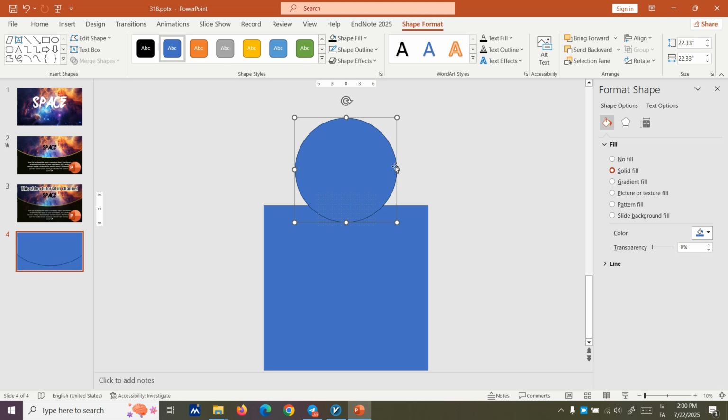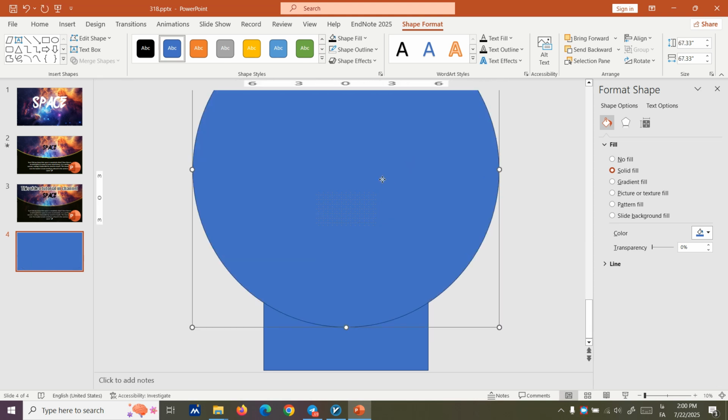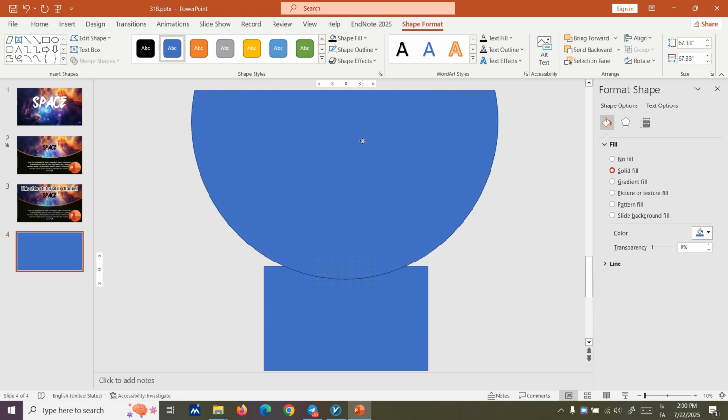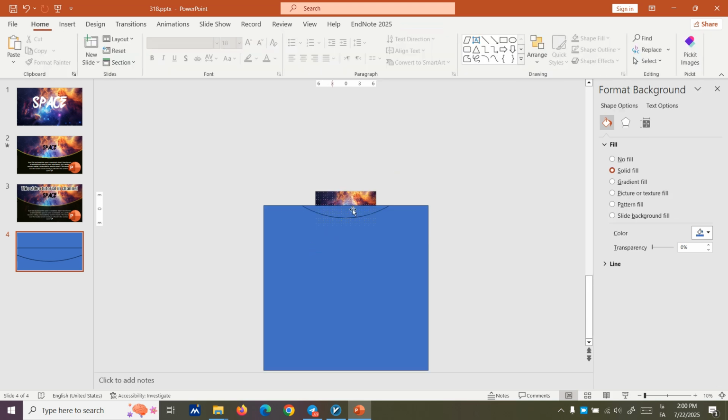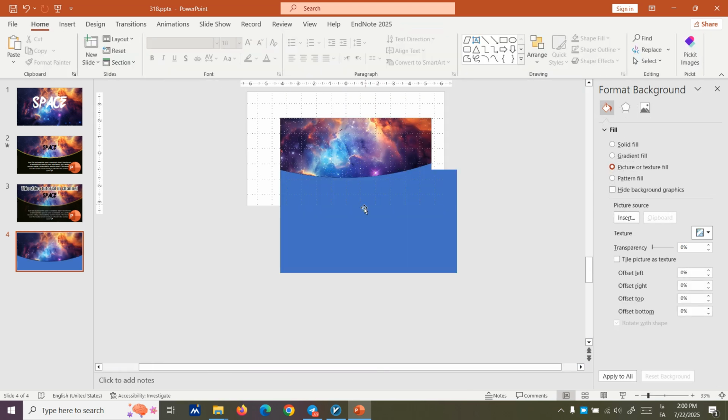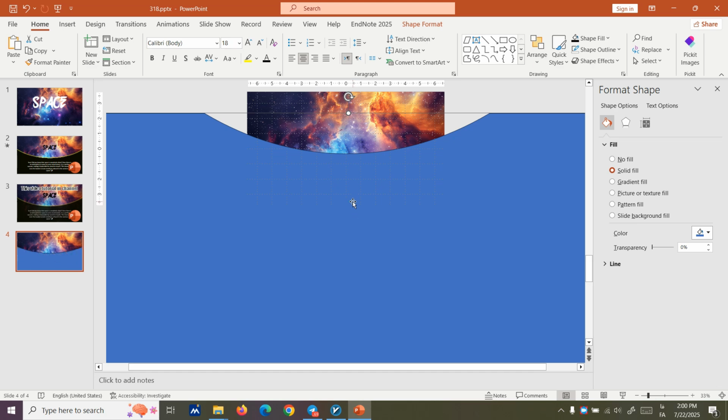But you see the circle is not giving us the shape we want. Why? Because it needs to be bigger in size. It's good now. Let me just tighten it up. Okay, it's good. Now we select these two and then make them fragment to create this effect. Now bring it up, and then we need to color this